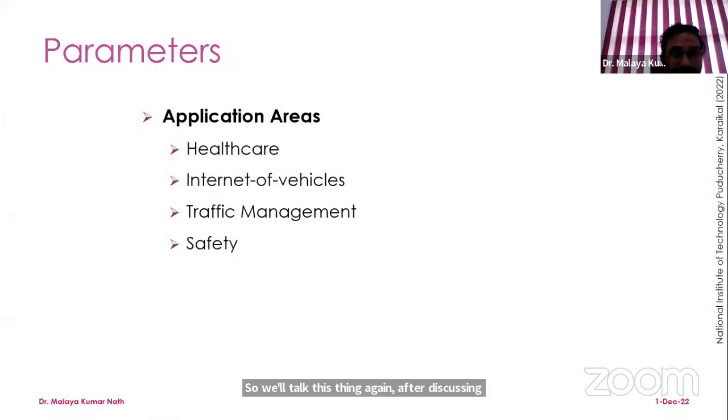So these application areas are healthcare. Already we have discussed how blockchain can help healthcare data for security. So, Internet of Vehicles. There is an increase in popularity due to the Internet of Things as an instrumentation technology for the vehicles, with rapidly increasing network capabilities of existing devices.